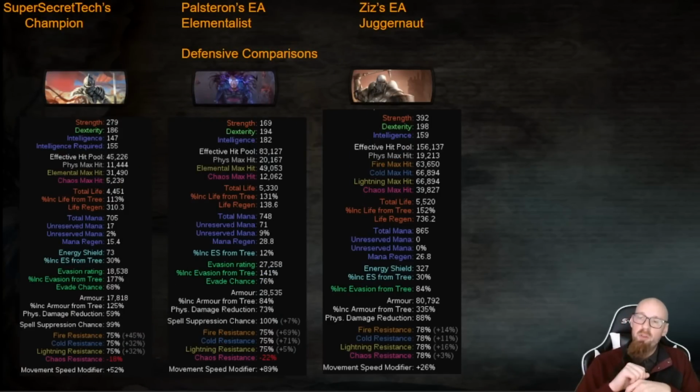The effective health pool: the Juggernaut comes in with the highest health pool, which maybe should come as no surprise, but the size of the effective health pool on this particular Juggernaut is insane. His total effective health pool for Zizaran's Jug is 156,000. That's the EHP on this thing. He can take a 19,000 Fizz hit, 63,000 Fire, 66,000 Cold and Lightning, and a 39,000 Chaos max hit before